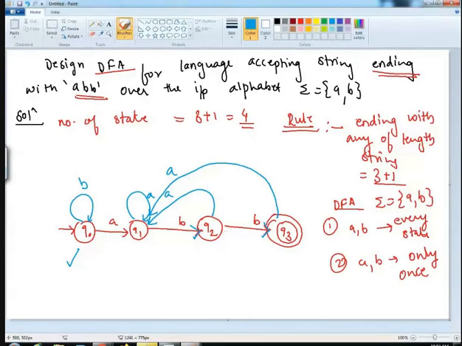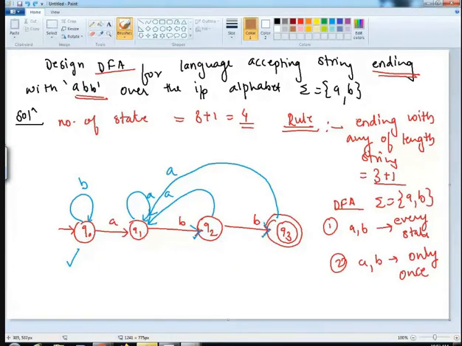Now let's come to B. Can I place a B over here? No, I cannot place it, because there will be a loop of B at this particular point, and it will go to an accepted state if I give double B also. So you can see B, B, B. If the input is B, B, B, then it will go to the accepted state Q3 here. So I cannot give my Q3 B here.